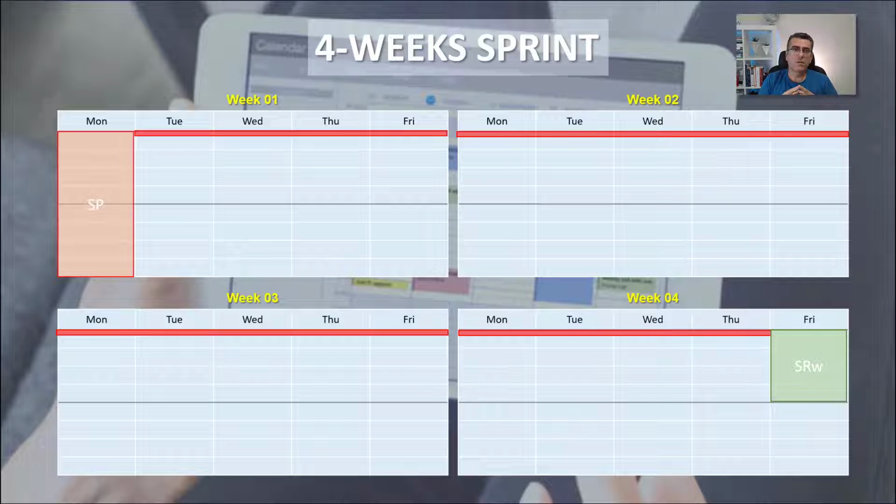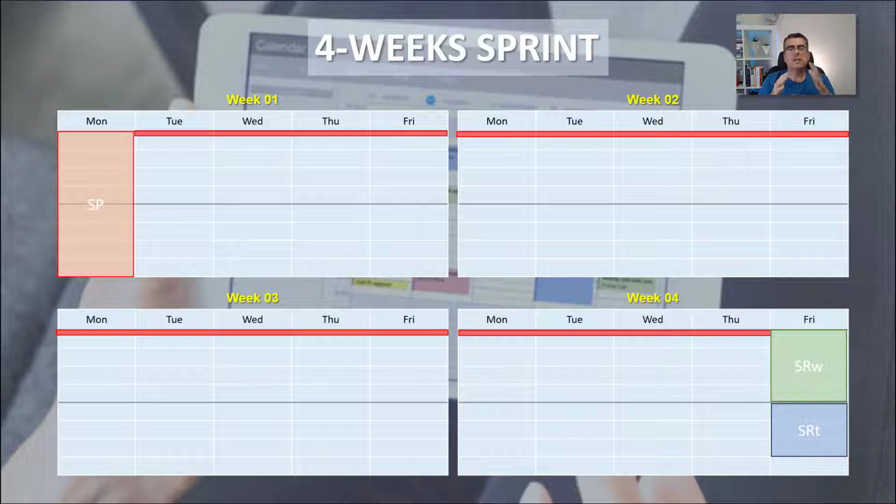The sprint review is an event that takes, in a 4-week sprint, about 4 hours. Could be less, but let's assume that we're gonna spend the whole 4 hours in this 4-week sprint. After you finish your sprint review, Scrum says that you need to do the sprint retrospective. And the sprint retrospective is something that takes, in general, 3 hours for a 4-week sprint.